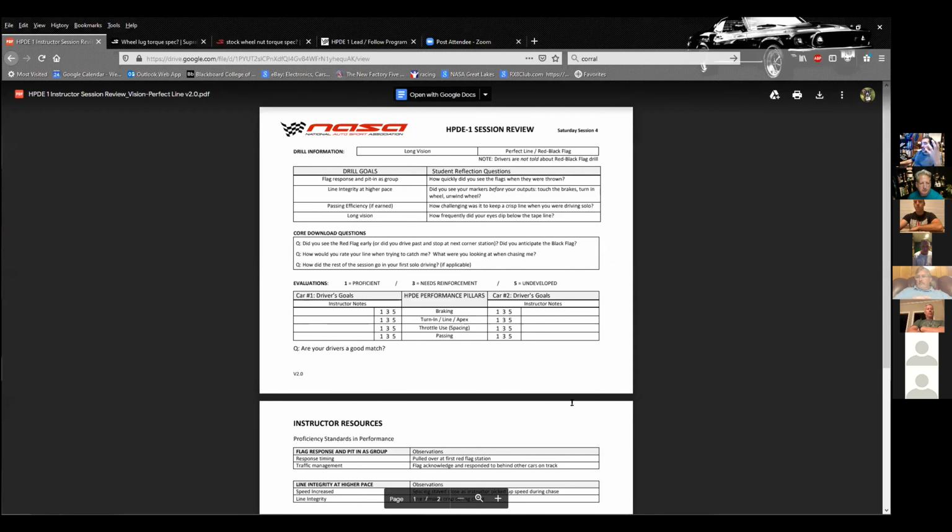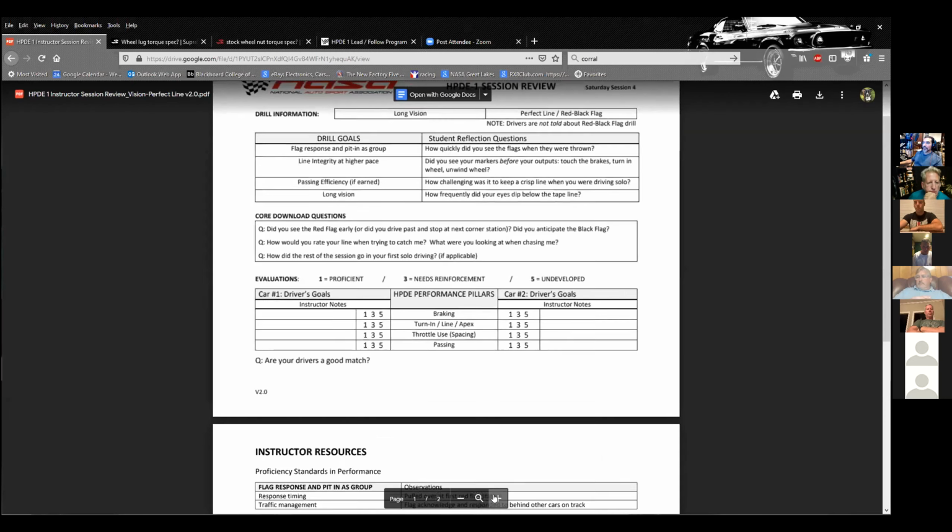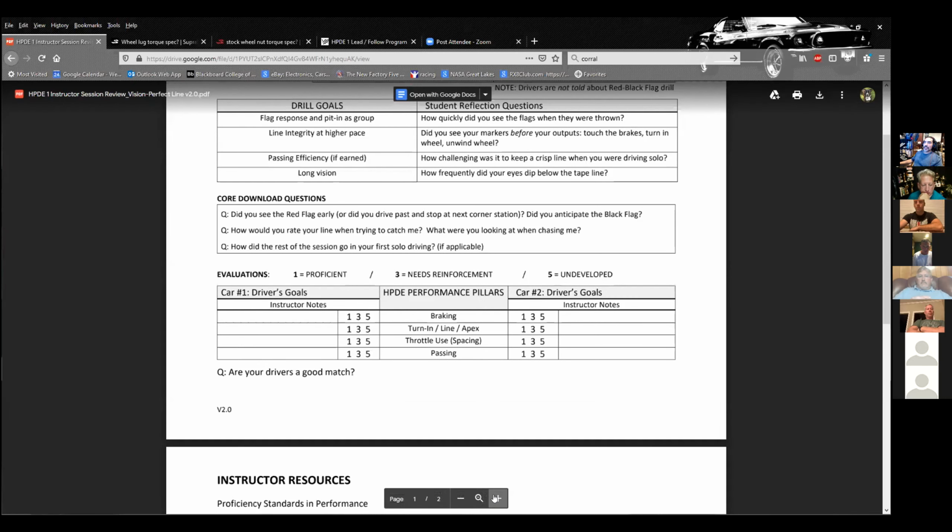Yeah. Because vision, you know, we know that our pace is so tied to our vision. When students are struggling, when they feel like, oh my God, I'm going so fast, we know that's their eyes,